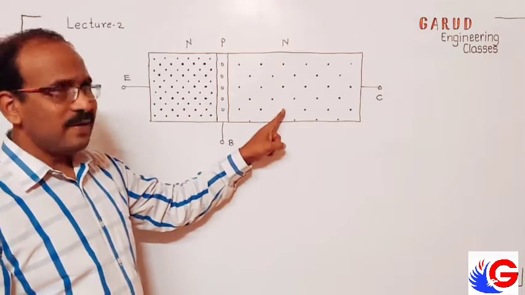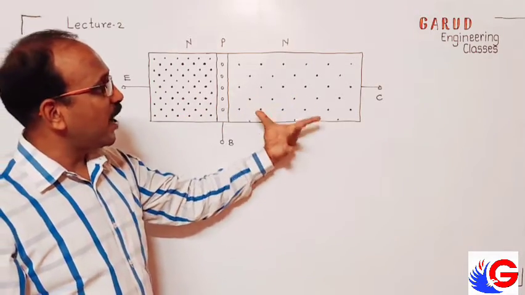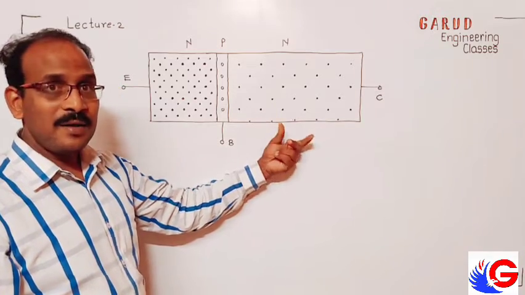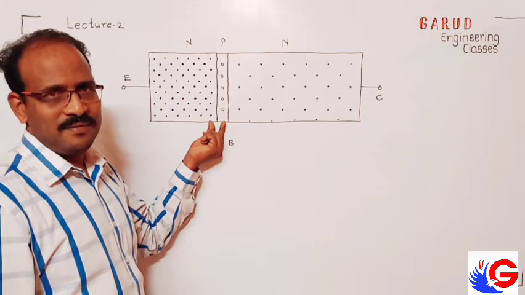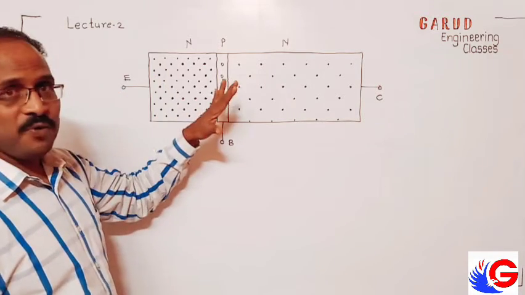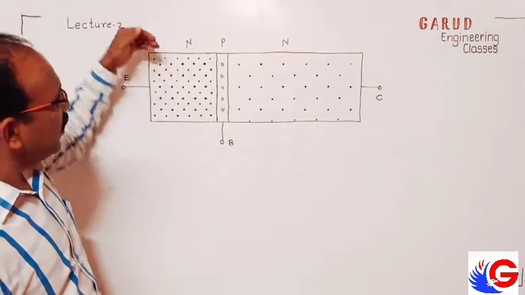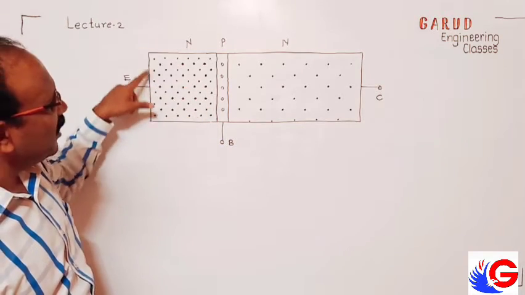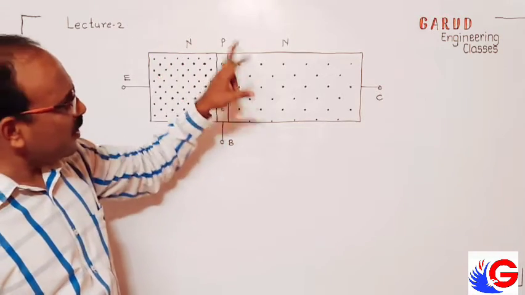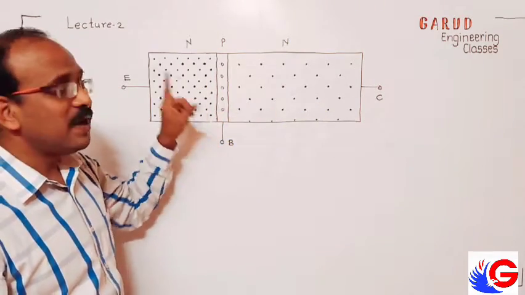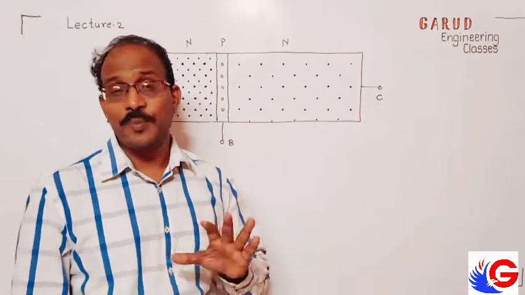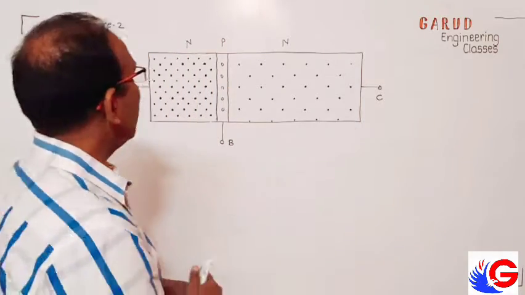Transistor has 3 layers. Collector is wider than all. Correct? About base: base is very thin. Okay? About doping profile: this is n-type, but this is heavily doped. See the number of electrons here. This is n-type, but this is moderately doped. This is p-type. It is lightly doped. This is the doping profile. Now you know there are two junctions.